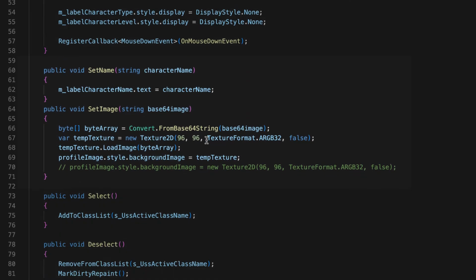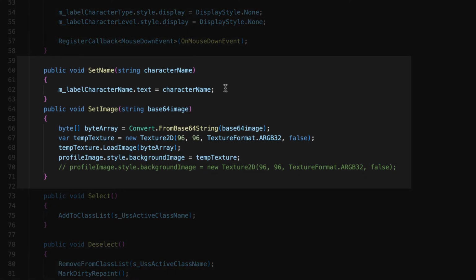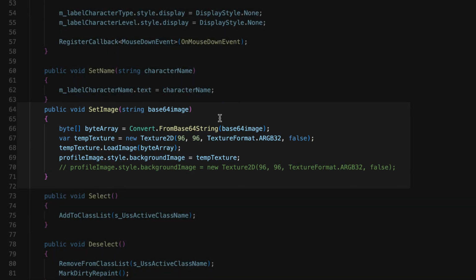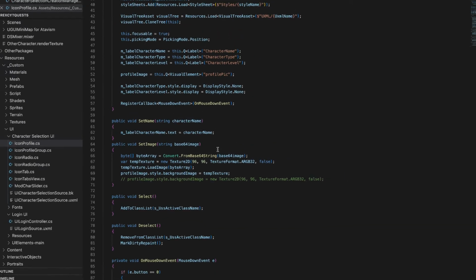Further down, I have these functions to set the name and the image. Setting the image is where I convert the base64 string into a picture and then load it into the texture, and I was surprised that worked. Everything else is the same as IconRadio, so let's go on to